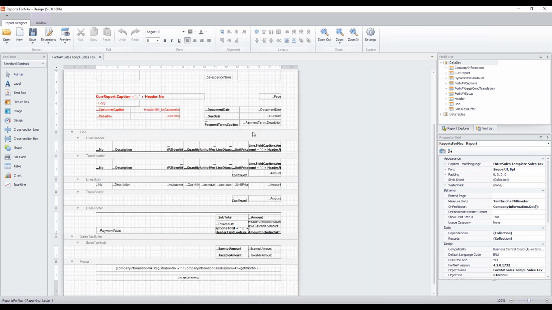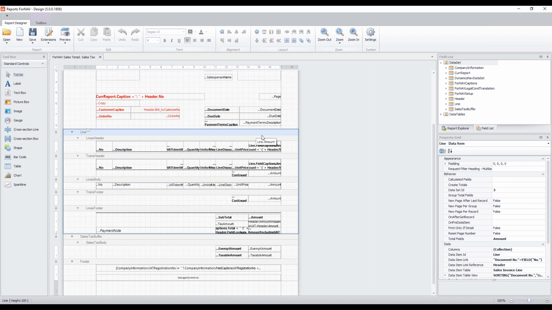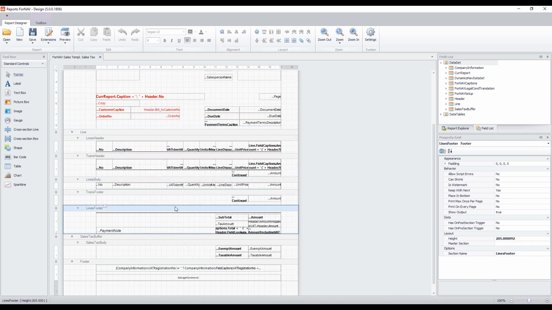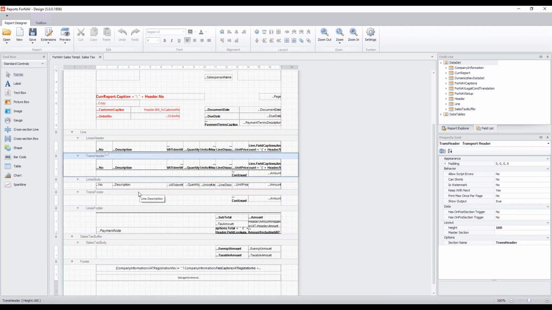So if we dig a little bit deeper into the lines section of my report, you will notice that I have a number of sections, which is just the header and the body and the footer, which is great because they display the information we want to see. But we also see a trans header and a trans footer. And you will notice that it says continued and it shows the line amount. So if I go and preview this report,